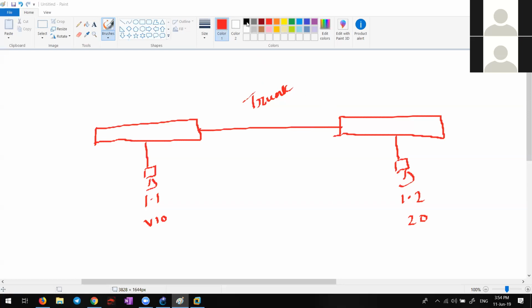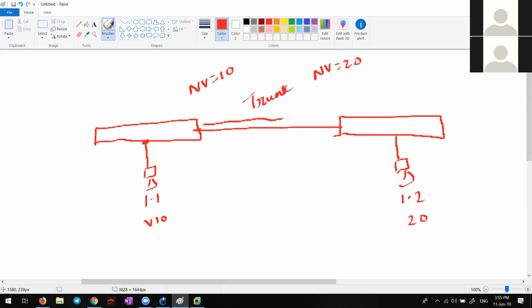So this is the scenario. Here the native VLAN is 10. Here I'll make the native VLAN 20. Will they communicate then? How? Tell me the packet flow. The data comes to this switch. It will be forwarded through all the VLAN 10 interfaces and the trunk interface, correct? When it goes through this trunk interface, it will check who the native VLAN is. Who's the native VLAN here? VLAN 10. So there will be no tagging.